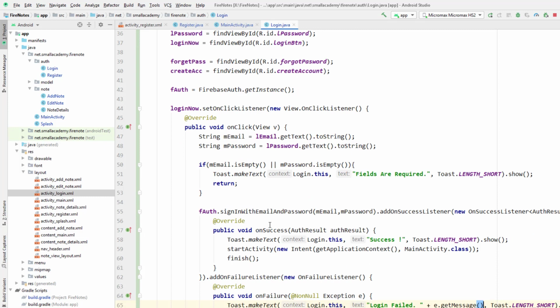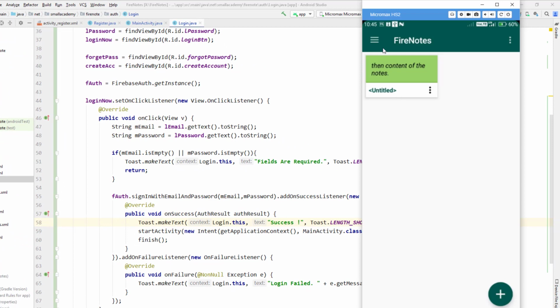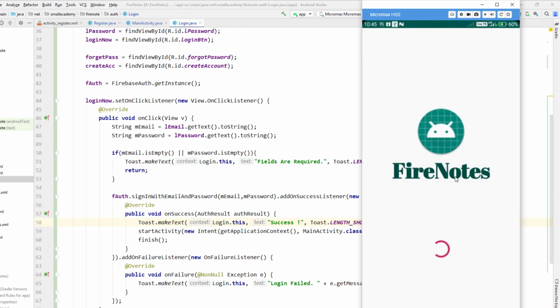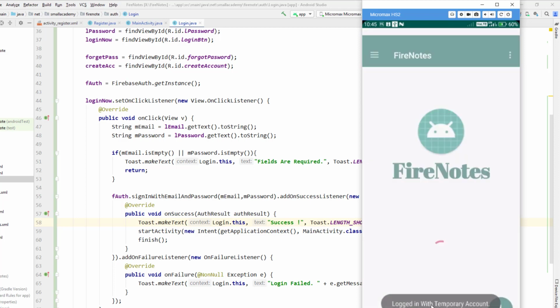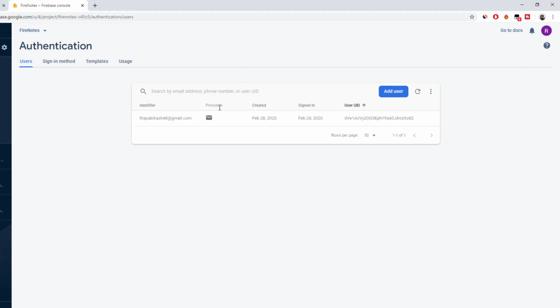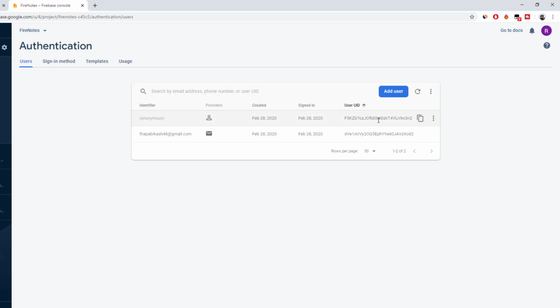So what I'm going to do is run this application, and I'm going to log out the current user, and I'll try to log in using that same account. So let's run this application. Okay, the app is running now. I'm going to log out from here. So log out. It's going to log me out, and it's going to create a new temporary account now because we don't have any real account associated with it. And to make sure that we have one more anonymous account here, let's refresh this, and we should have one more anonymous account, because as I said, our app always has one anonymous account associated with it